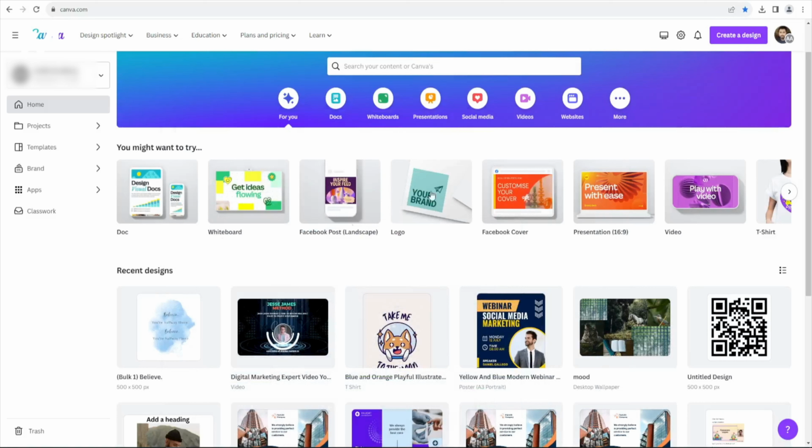In this video, we'll demonstrate how to create non-fungible tokens, or NFTs, using the fantastic canvas of Canva.com. What makes this adventure even more enticing is that we'll be doing it all for free, without the need for